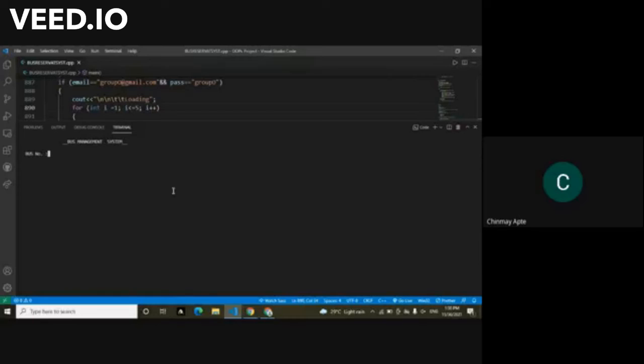So that's it. So now we are going to put the bus number that we want to reserve. Okay, so as we see, the number is not in the listed bus, so it is saying it's invalid.